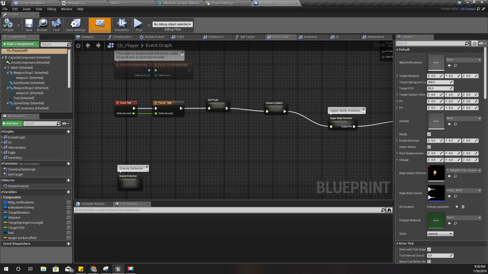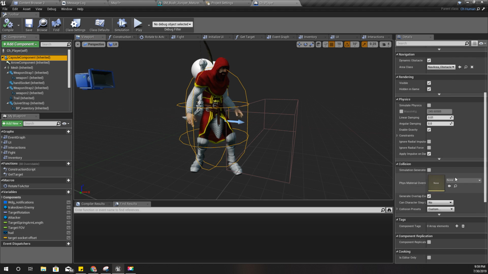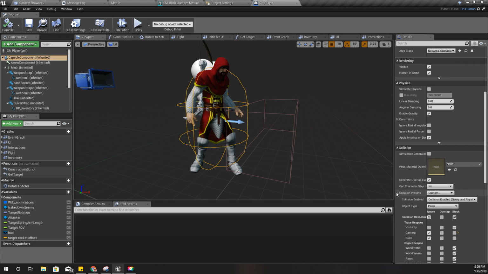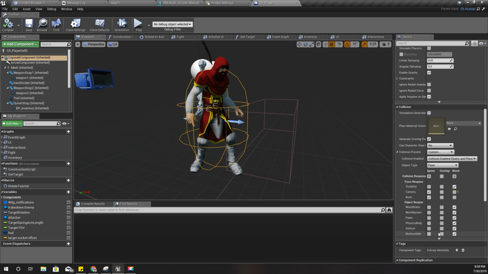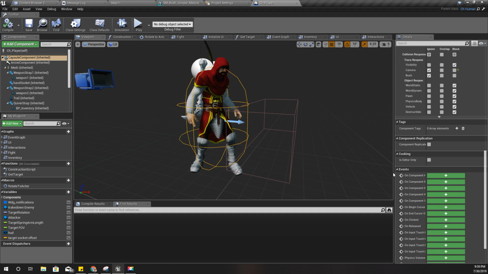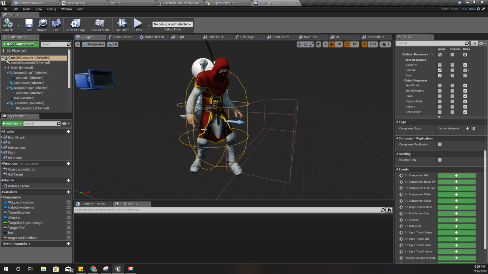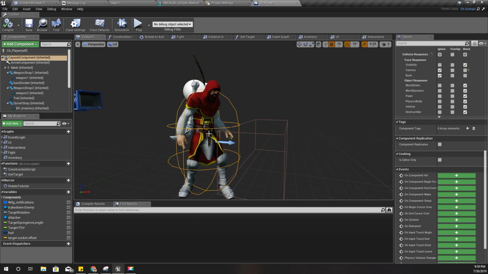So I'll go to player, and if I go to this collision preset settings of the capsule, here as you can see, this bush is ignored, but using this on component begin overlap, I can't use it because the character capsule will overlap with other types of objects as well. So therefore